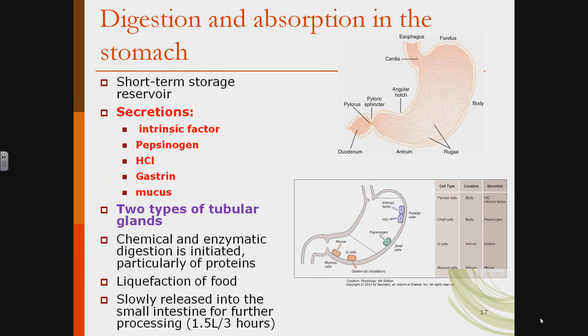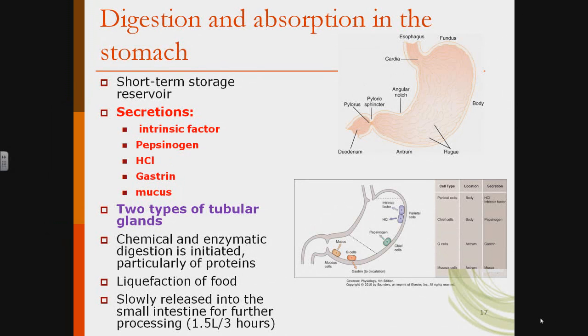So what secretions are going on in there? First, to review the anatomy, the part of the esophagus that leads into the stomach, as shown in the top right picture, is the cardiac region, sometimes just called the cardia. The most superior domed shape of the stomach is called the fundus. Then the majority of the stomach is called the body, and then we get to the antrum, or waiting spot, and then we get to the pyloric sphincter, and then the exit through the pyloric sphincter is called the pylorus, and then we get the duodenum.